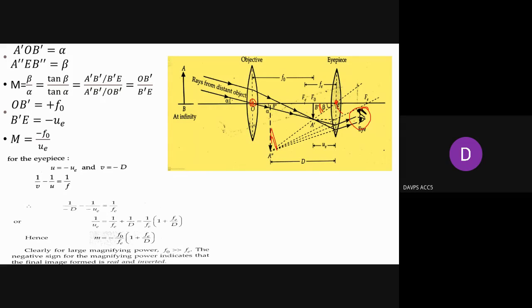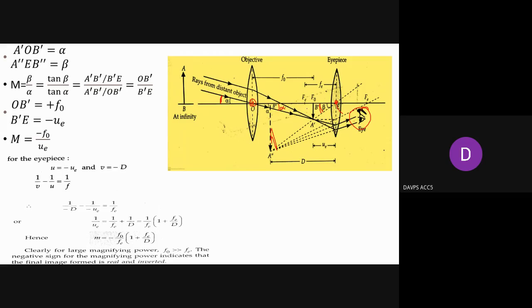And if we see the object, what is the angle? This angle is the angle formed by the object at the unaided eye. I think you must be clear. That means alpha, and the magnification you are finding is beta by alpha. This is alpha, and if you consider oppositely here, this is also alpha. This part is alpha.